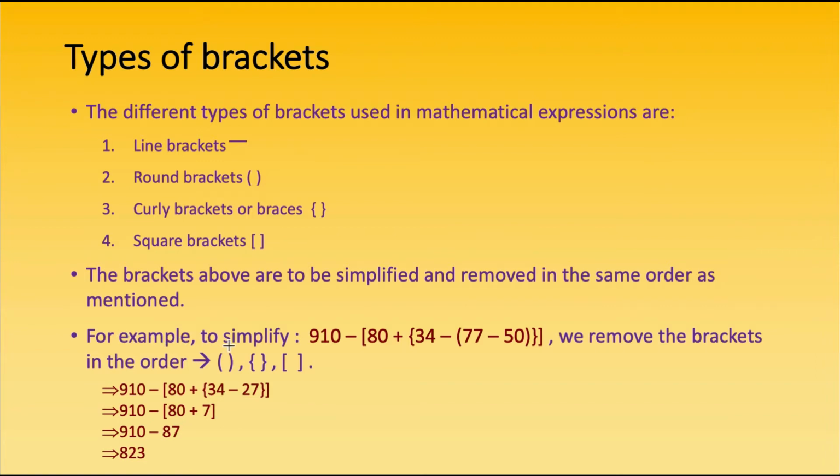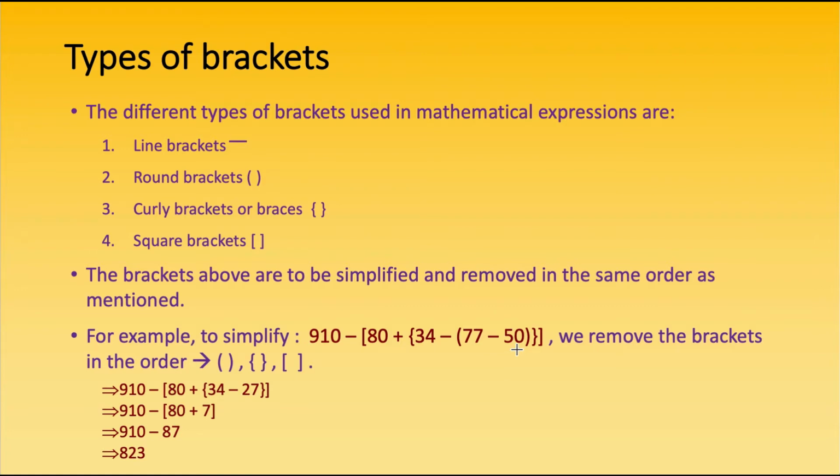So for example, if we want to simplify this mathematical expression, then we remove the brackets in this order. Right? Here there are no line brackets, but we have the round brackets, curly brackets and square brackets. These 3 types, right? So here first we give importance to round brackets, then curly brackets and then square brackets. We have to keep solving in this order. So this expression, if we want to simplify it, then we need to first remove these brackets, round brackets. So 77 minus 50 will be